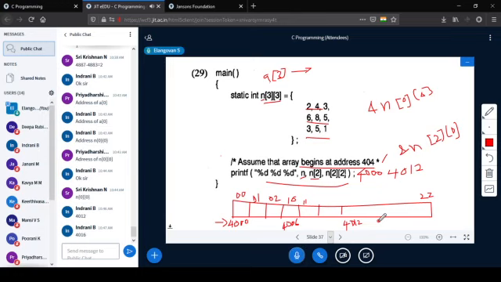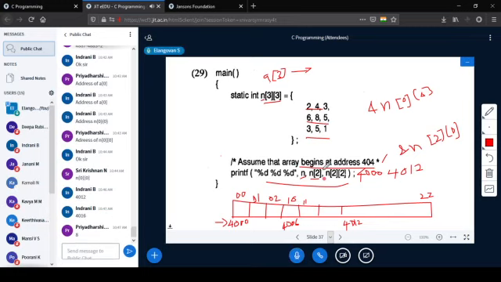That is wrong. It is not 4016. n[2][2] is the element directly. If something is missed, then that will take it as a pointer. As for A[3], if you are accessing A[3], then it will go to the element. If you access A, then that is nothing but the base address of A[0]. Is it clear? Always we will think that 4016 will be the answer, but it is not correct.